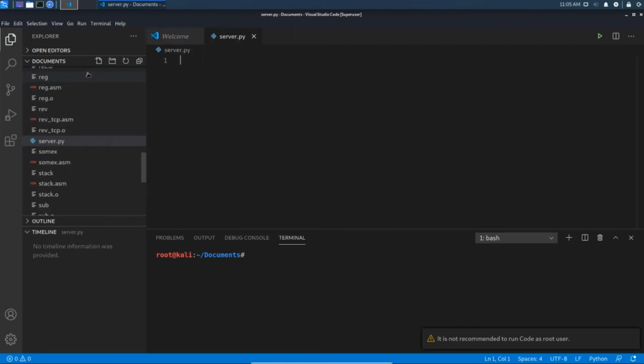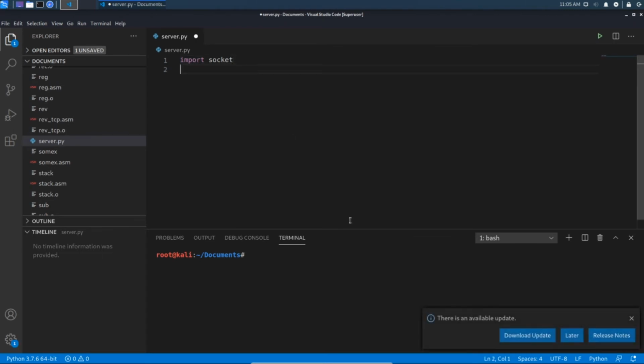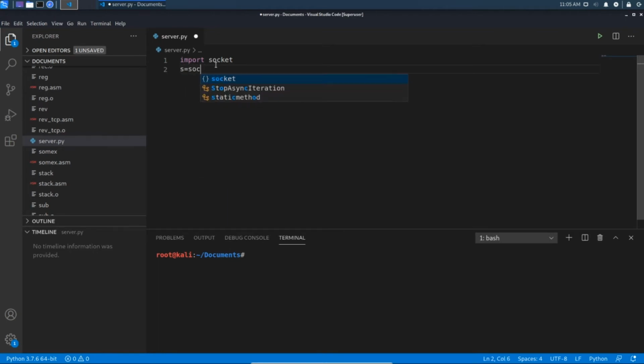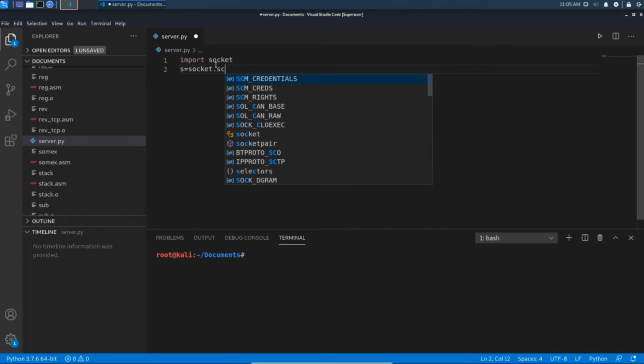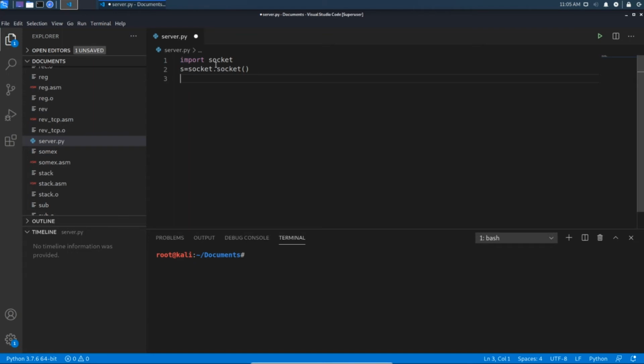We are going to set up the server. We are going to write the server program first, and then we are going to write the client program. Import socket, we are going to import the socket module. Right here we are going to create a socket object using socket. It will create the object for the socket module. And here we are going to get the host name or address by using the get host name method.